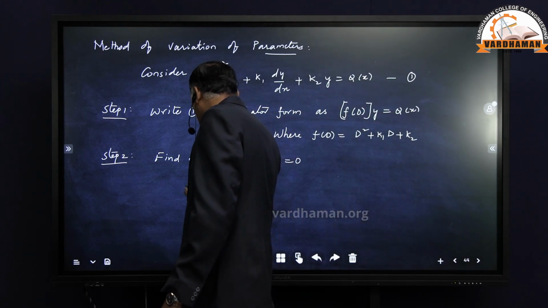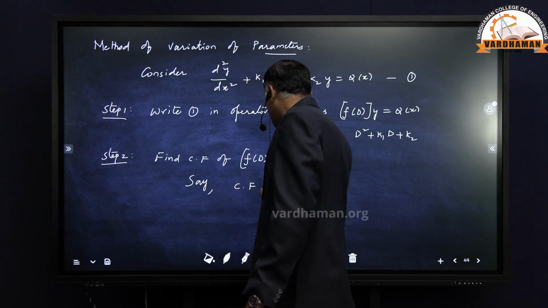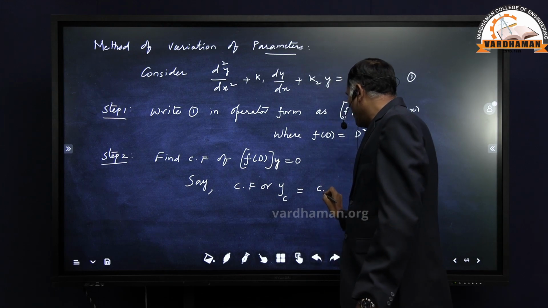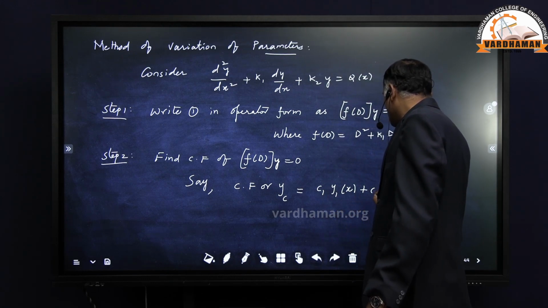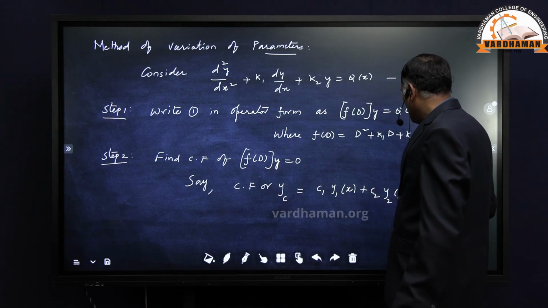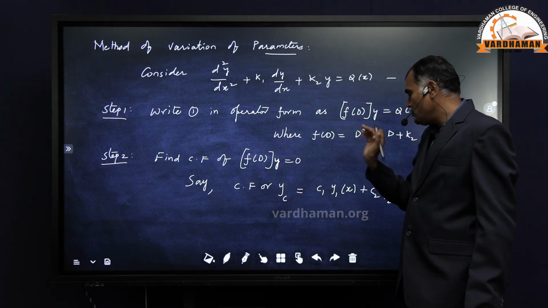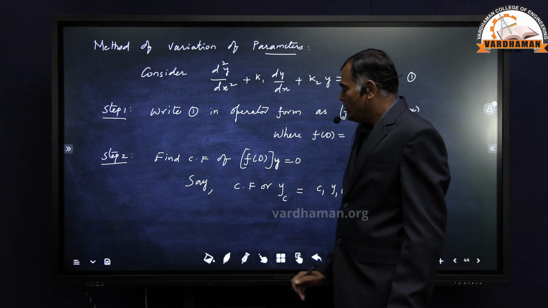Let us say the complementary function is c1 into y1(x) plus c2 into y2(x). y1, y2 are two independent solutions of f of D into y equals 0, where c1 and c2 are arbitrary constants. Now next step is